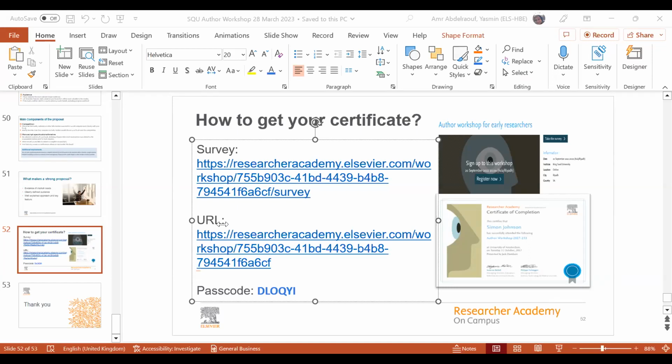Some open access journals are fully open access, so they don't provide a subscription publication. It's totally open access, and they are called gold open access. So for gold open access, yes, you need to pay to publish. But other journals provide both the subscription and the open access option, so you can publish either way. If you have funds, you can publish open access. If you don't have funds, you publish in the subscription model.